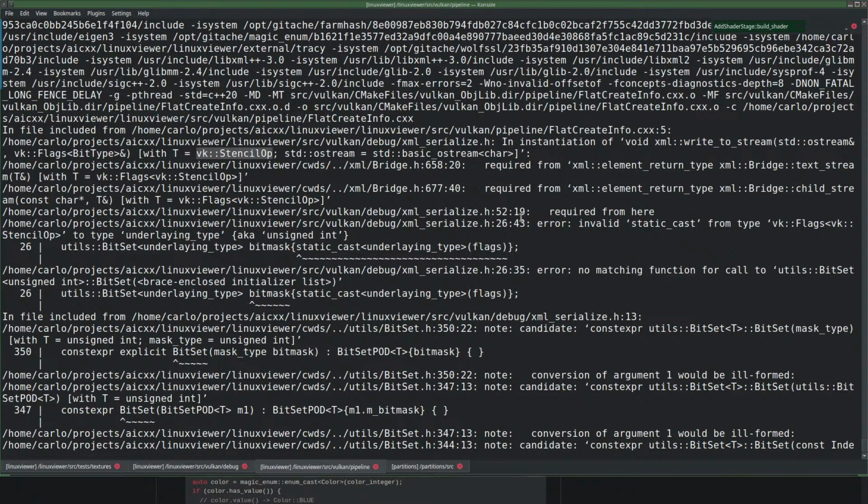Required from here, error: invalid static cast from VK flags VK stencil op to type underlying type, aka unsigned int.